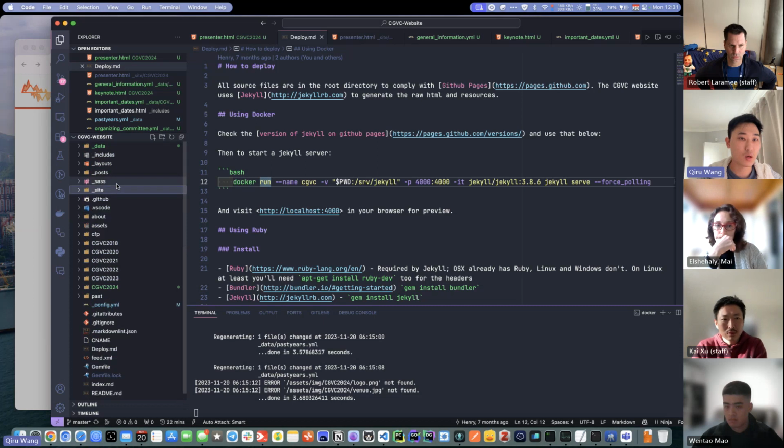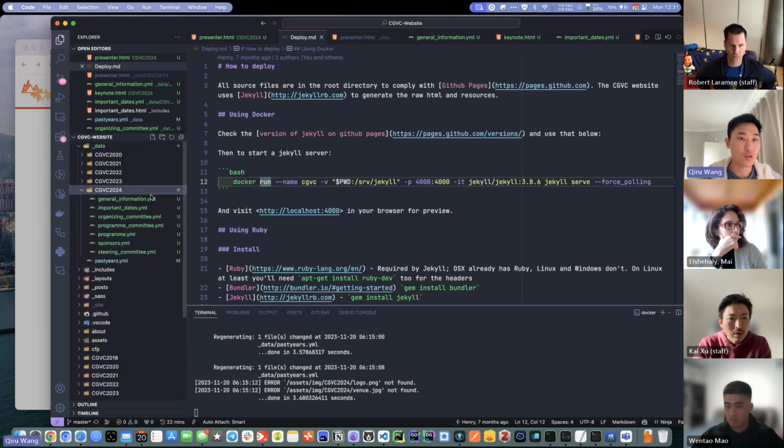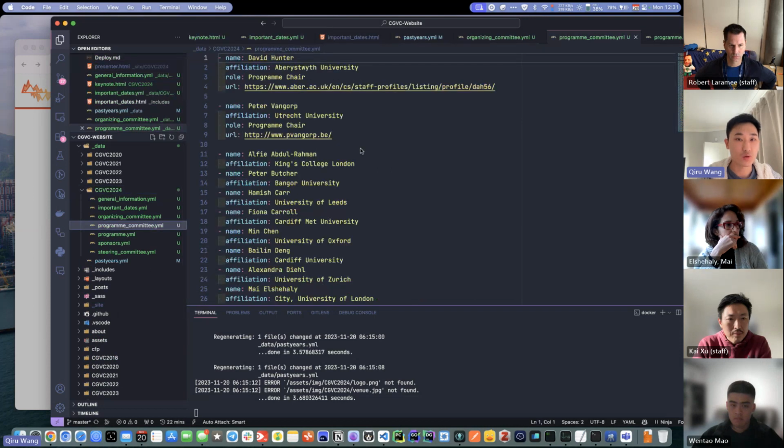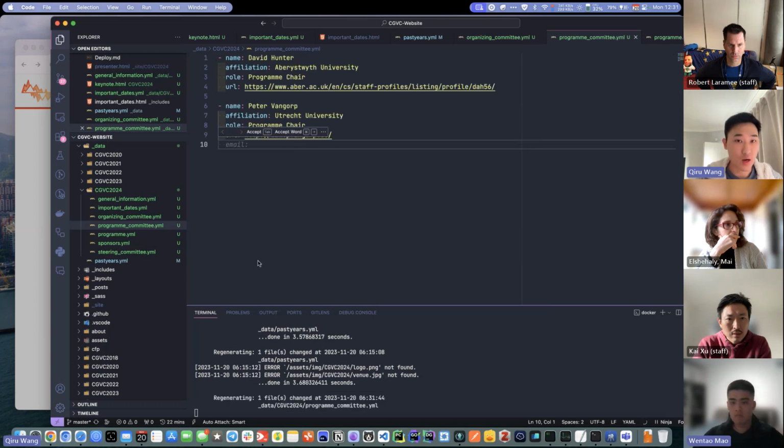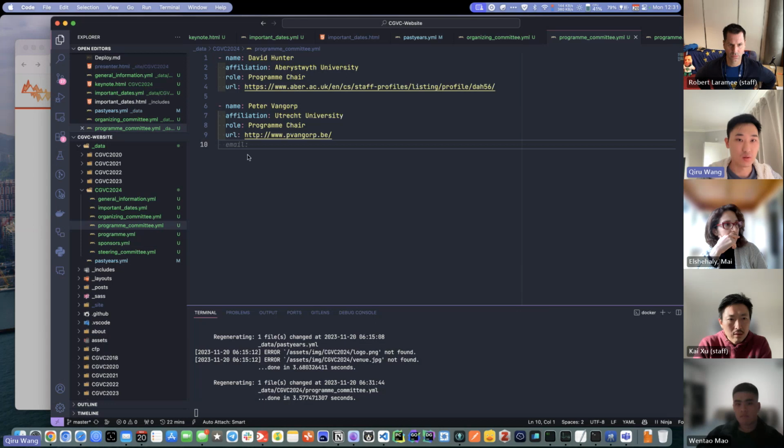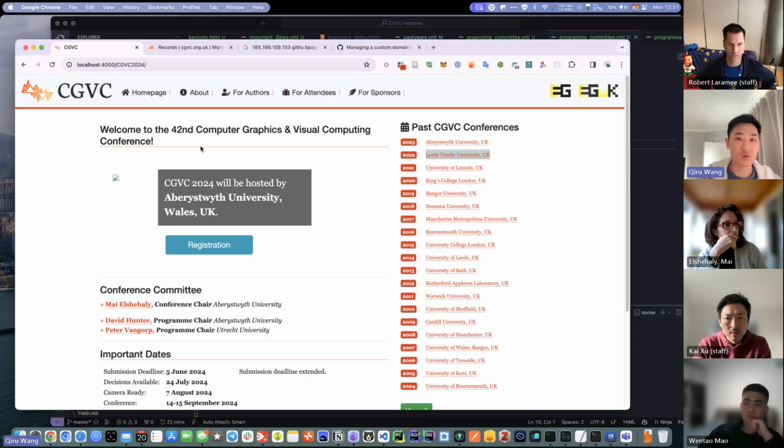You can still, let's say, modify the name of the program chair or conference chair or whatever. You can still, let's say I'm gonna delete all of them, and I can just directly push it to GitHub. And after a few minutes, you will notice all those names will be removed from the website. But as opposed to locally, in a few seconds,